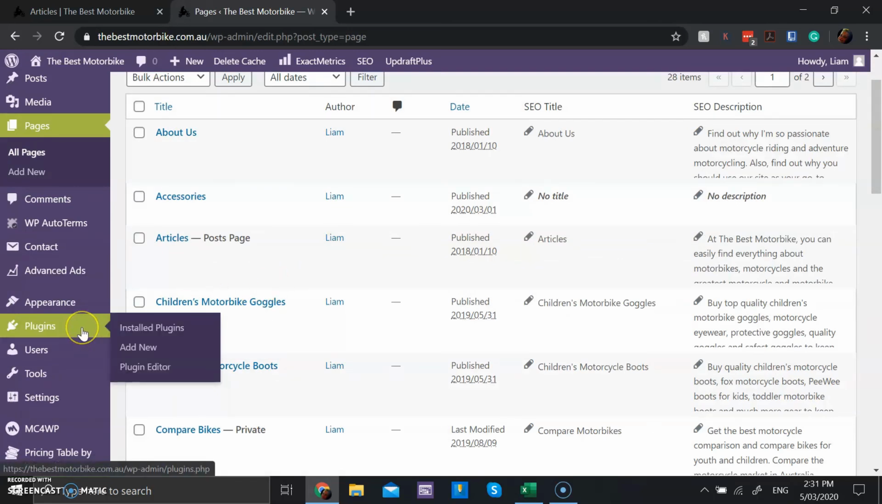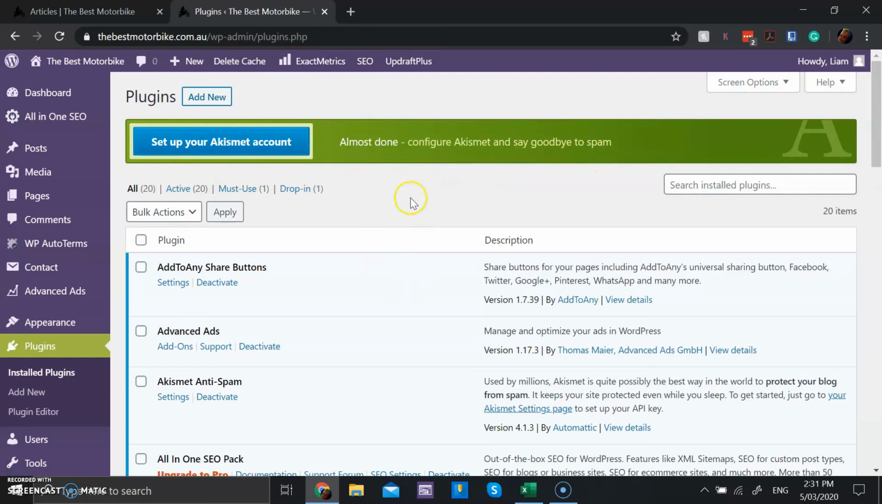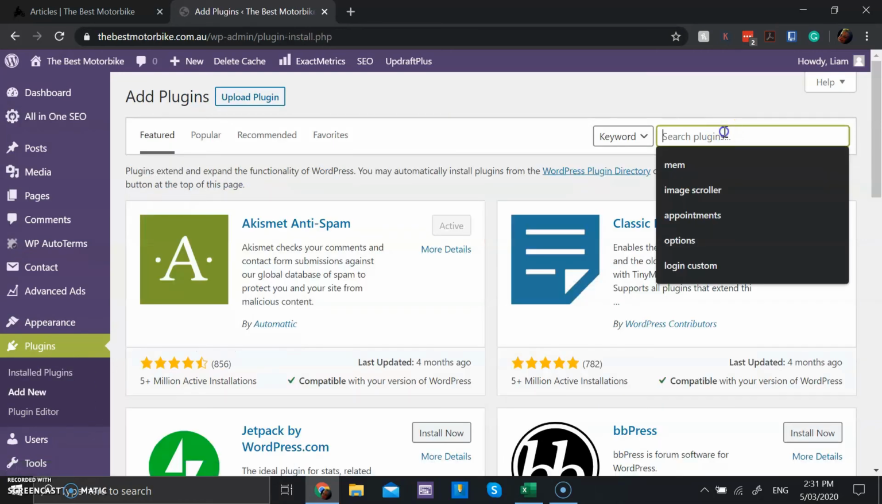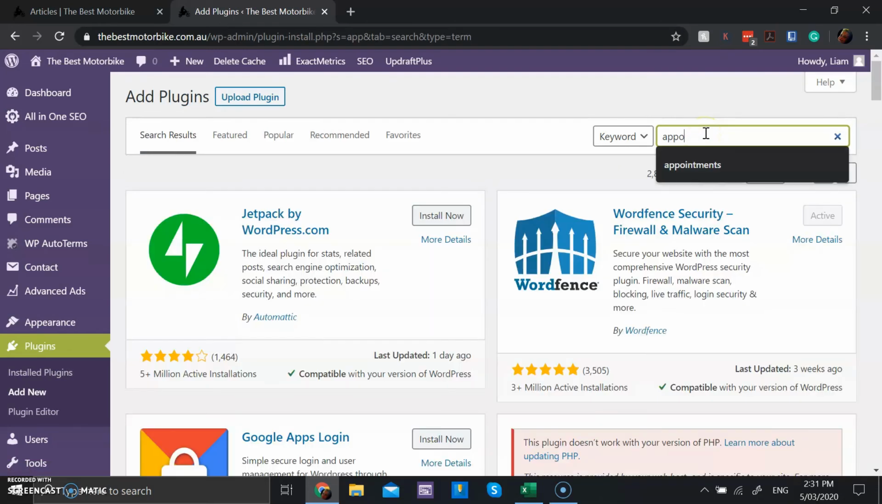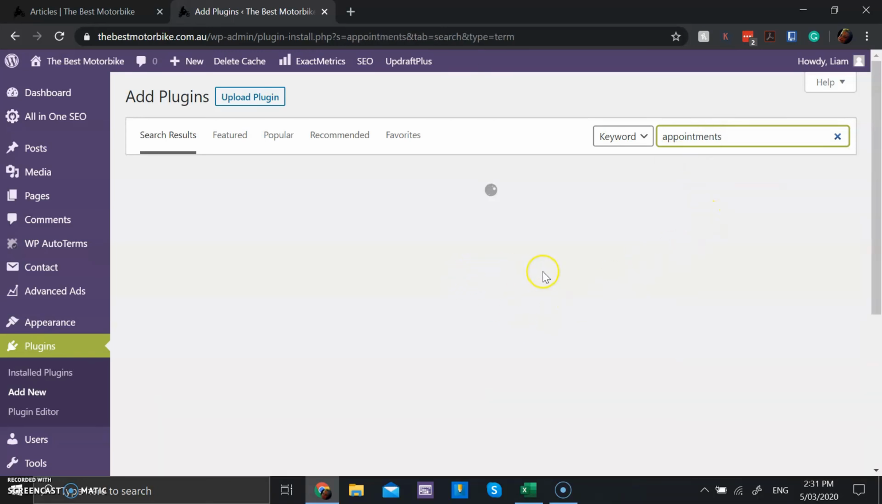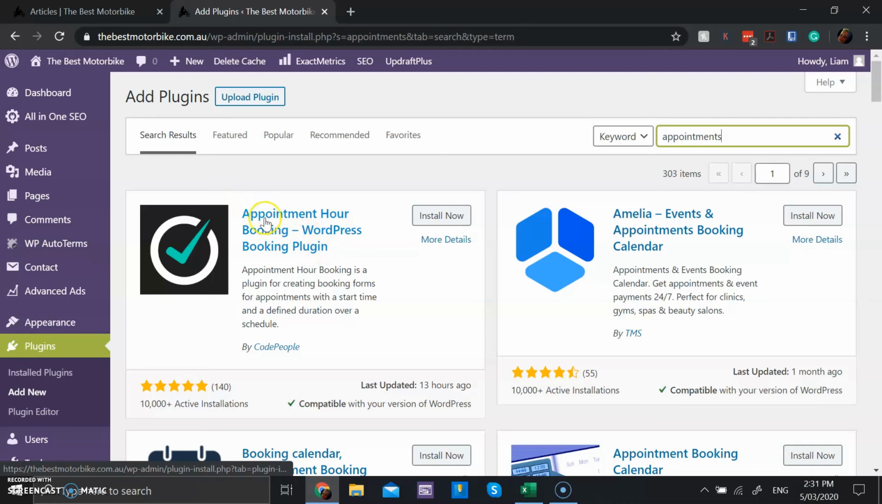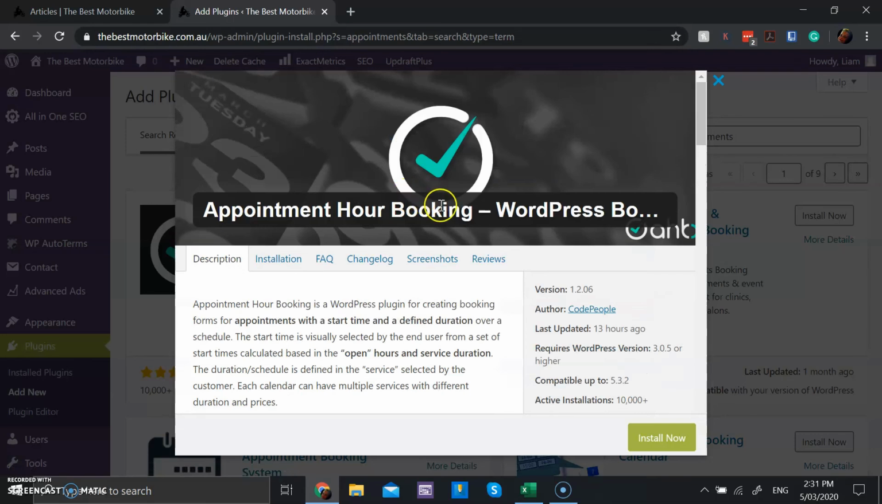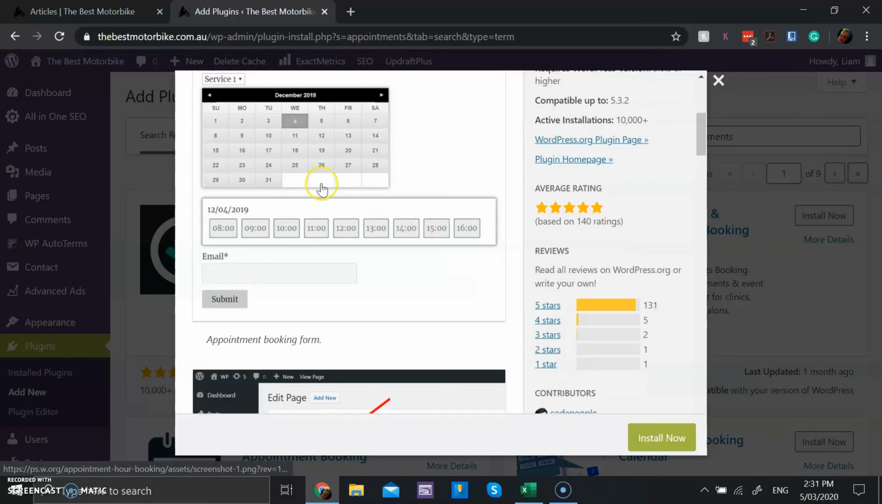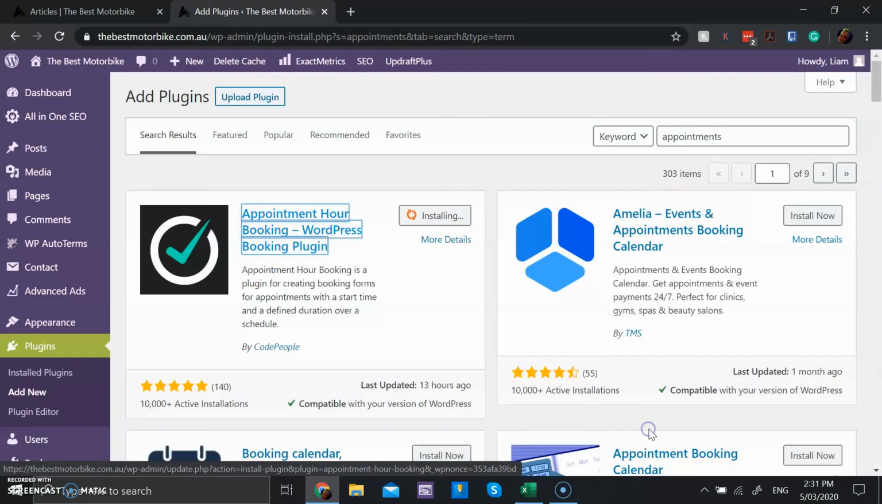If you want to add plugins to your website, like you might want to add an appointment booking form, then you just go into plugins on your menu and then add new, and then we might search for appointments. And then you can pick a plugin of your liking, so maybe this appointment hour booking, and then you can have a look at that and maybe see some screenshots. Some of them don't have any, and you can go, oh yeah, I like that, and then click install now,